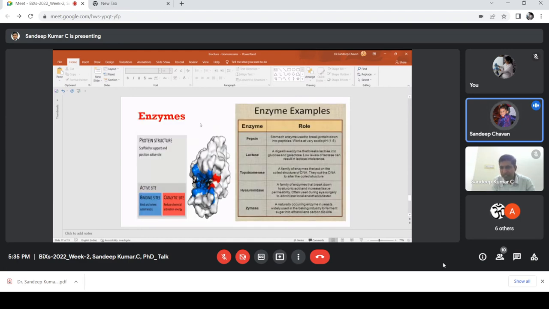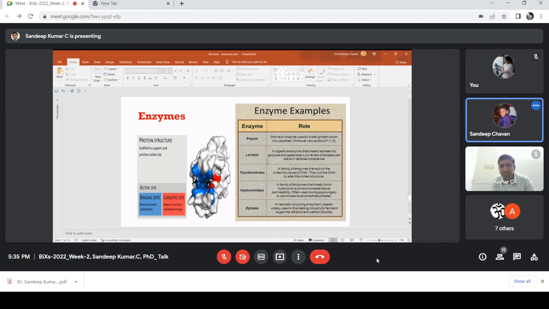Now this is an example of a protein which is performing an enzymatic function. If you look carefully into this protein, it has two sides. One is the binding side, which is the blue color, and the second is the catalytic side, which will catalyze the reaction. Then these are the different examples of enzymes: pepsin, lactase, topoisomerase, hyaluronidase and zymase, which perform different functions